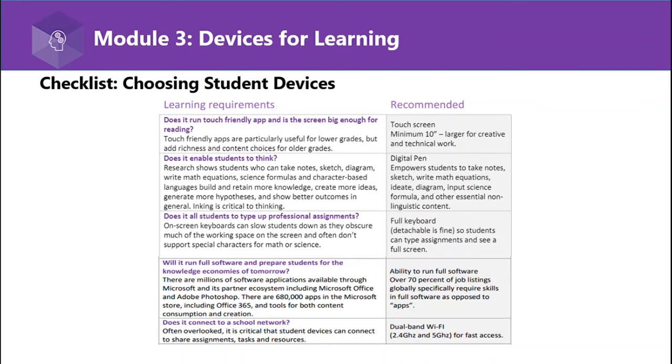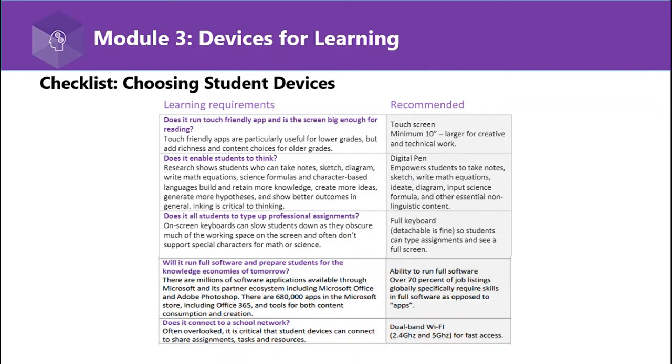The second checklist is about choosing student devices. What are the learning requirements and what are the recommendations from Microsoft? These are the questions you need to answer. When selecting student devices, ask, does it run touch-friendly apps and is the screen big enough for reading? Does it enable students to think? Does it allow all students to type up professional assignments? Will it run full software and prepare students for the knowledge economies of tomorrow? Does it connect to a